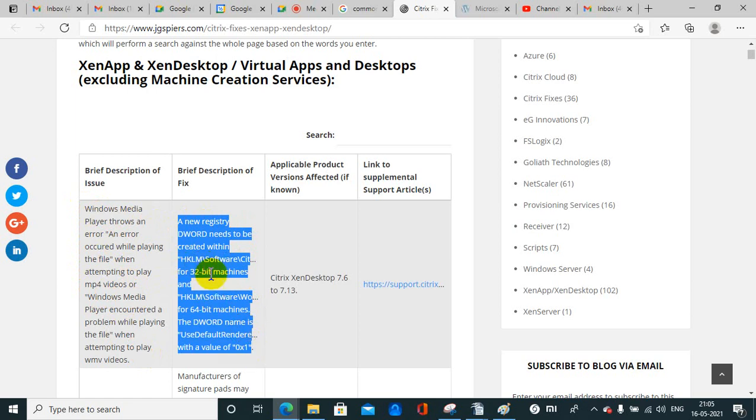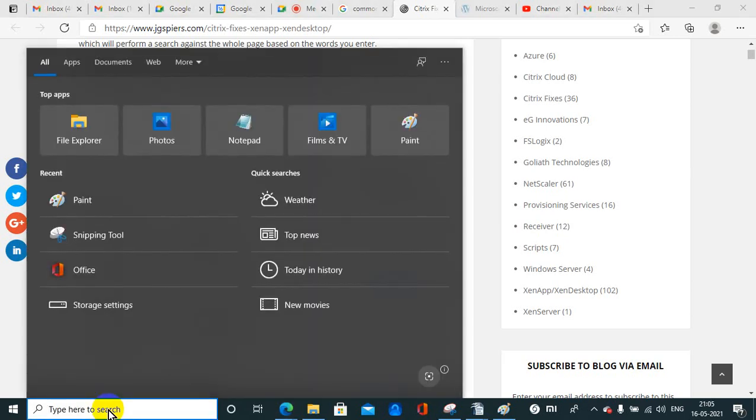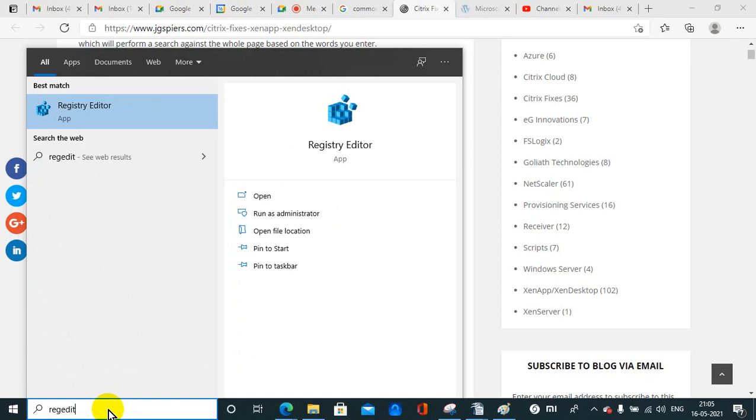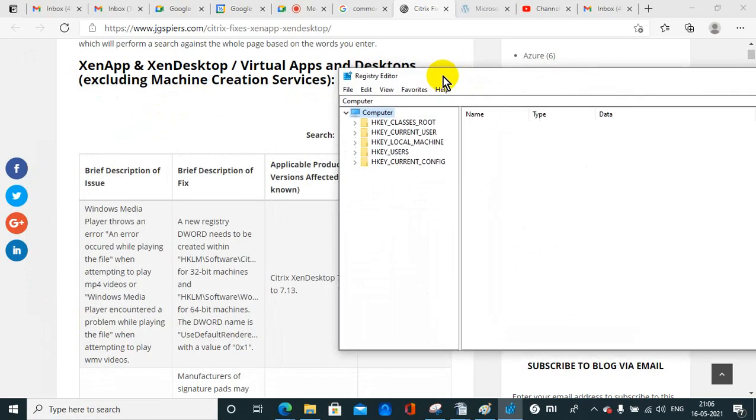What you need to fix? You need to go to this location. If you copy it, you will find the details of this location as well as HKLM software. HKLM is in the Registry Editor, you can get it like this.